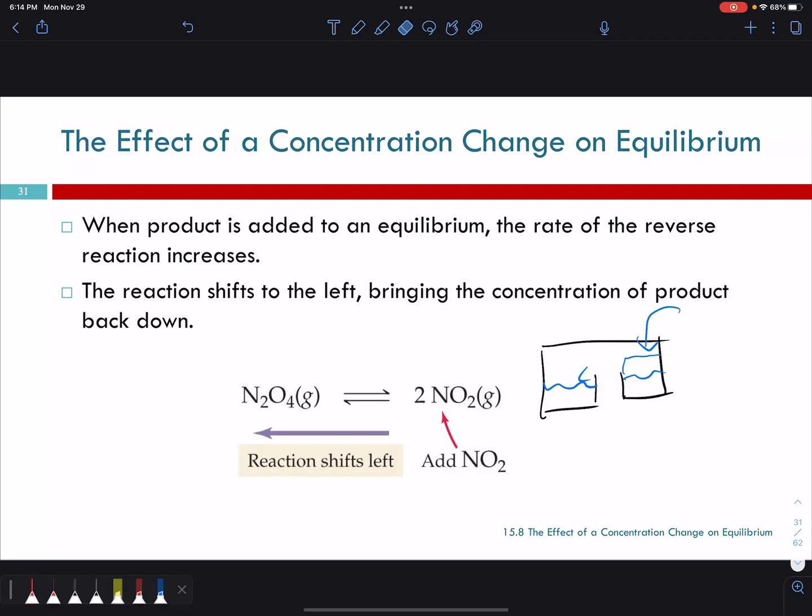It works better actually if, this may be less intuitive, but if there's like two buckets connected with a pipe in the middle. Then the water level in these, because they're connected, is going to be the same. If we take water out of one side and reduce this level, then water is going to flow from the other side to bring them back to level.